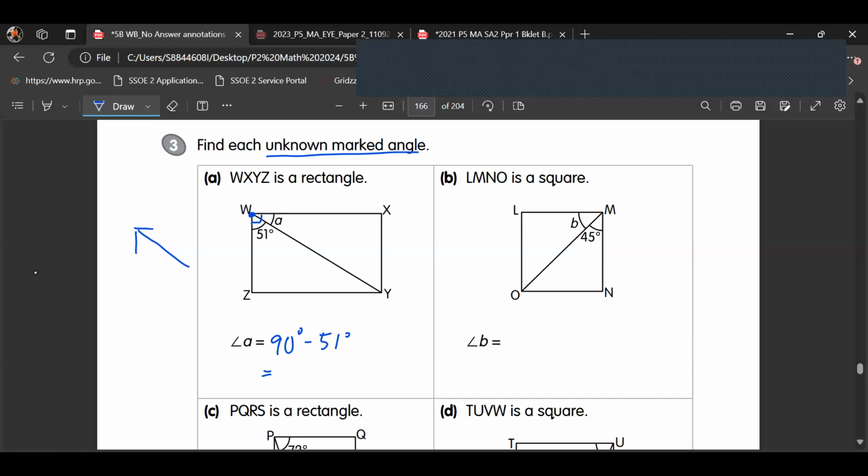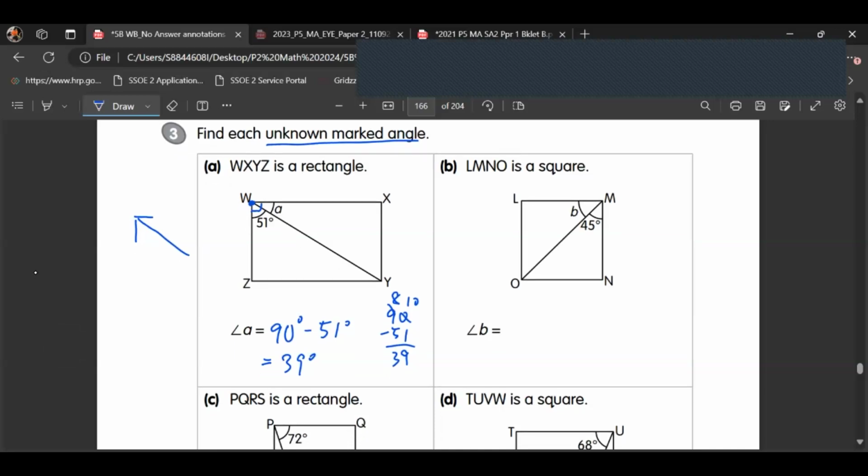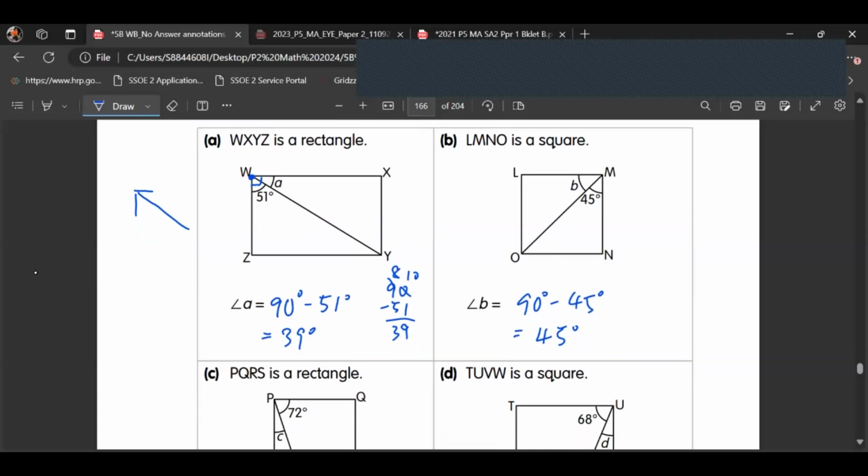What will be the answer? Okay, manageable, right? Is it something that you really need me to explain further? No need, right? Really okay? Don't forget the units, please. You can still use 90 minus 45, but because it's a square, it will cut perfectly at the corner into